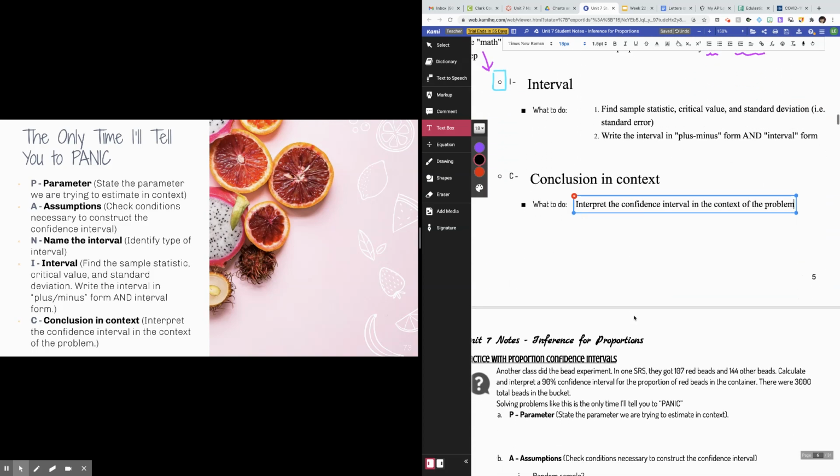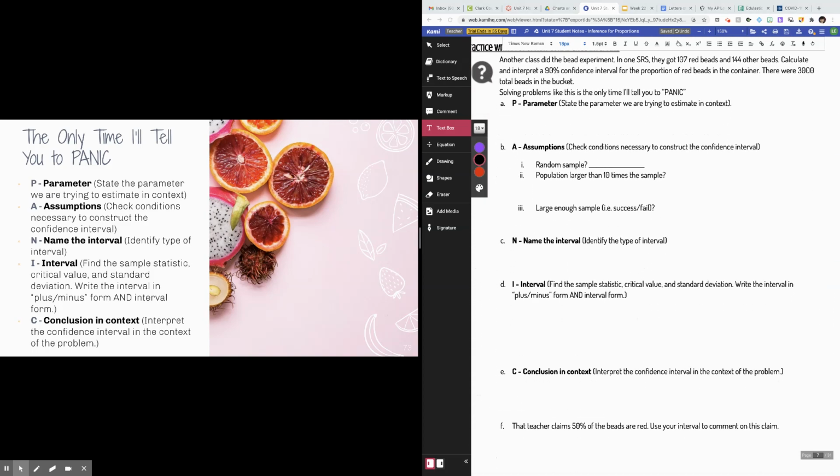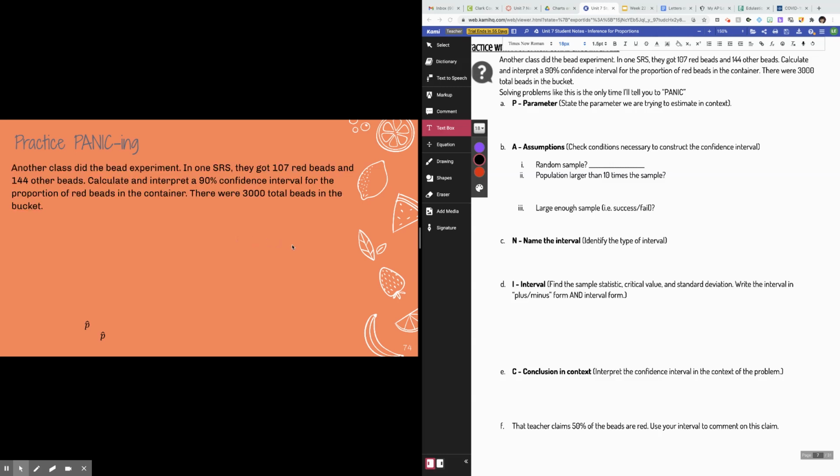All right, so with that in mind, let's do an example. Okay, so I usually do this bead experiment in my class where I have you all dig through physical beads. Obviously, when we're in distance learning, you aren't able to do that. If you're watching this video in subsequent years, maybe we did do this experiment in class, okay? But basically what happens in this experiment is you dig through a big bucket of beads, right? And I ask you to take a sample of them and calculate your proportion of red beads in your sample,